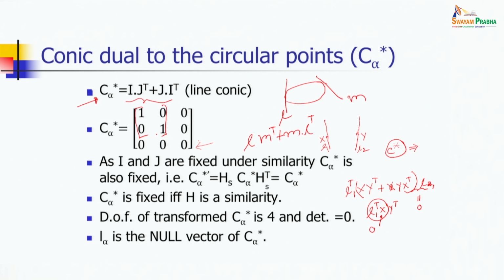So, this is a degenerate case. If I take the determinant, it would be 0, and this is what is called the dual conic at infinity. We call it the dual conic at infinity because, as you understand, these 2 points which are defining it, those 2 circular points, are also points at infinity, their scale values are 0. Now, what is interesting is that since the circular points are fixed points of similarity transformation, so for similarity transformation, the transformation of this dual conic at infinity